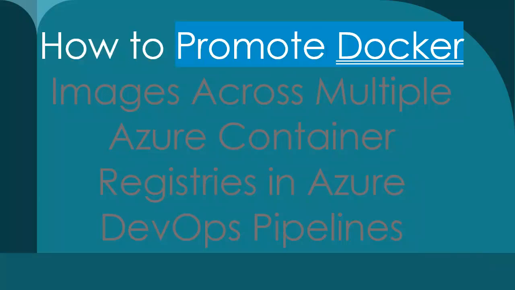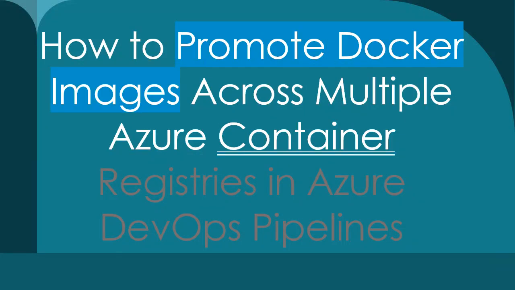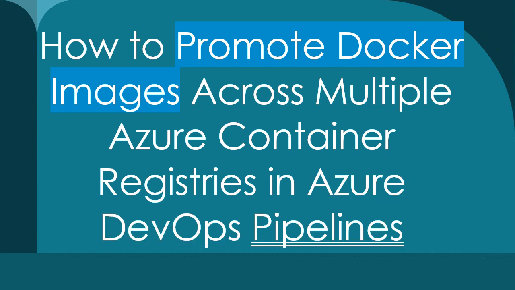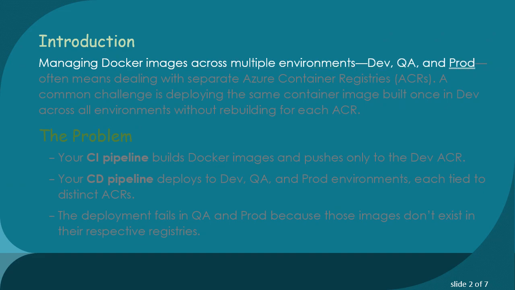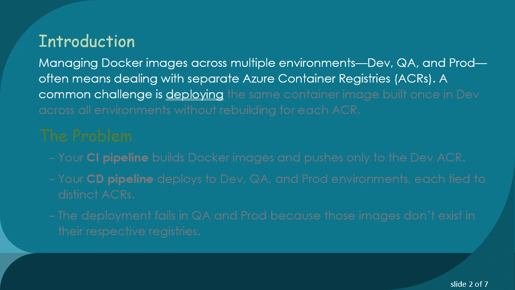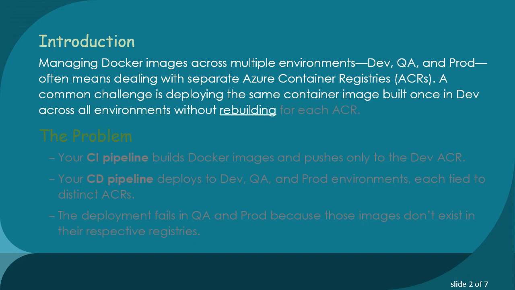How to promote Docker images across multiple Azure Container Registries in Azure DevOps Pipelines. Introduction. Managing Docker images across multiple environments, dev, QA, and prod, often means dealing with separate Azure Container Registries, ACRs. A common challenge is deploying the same container image built once in dev across all environments without rebuilding for each